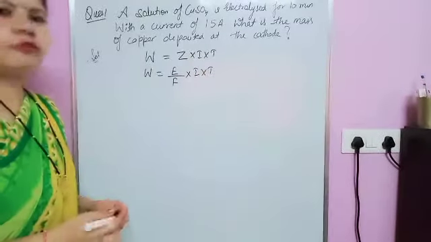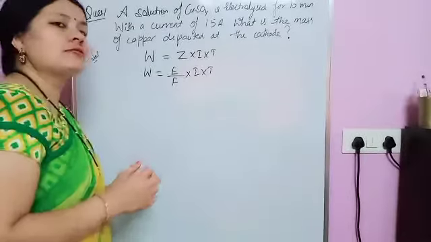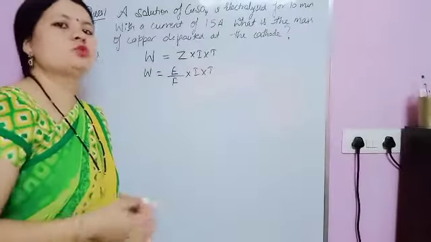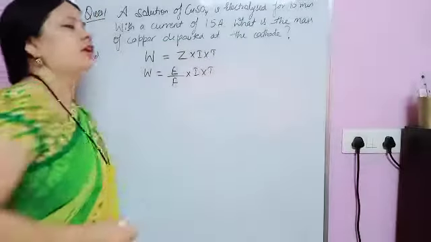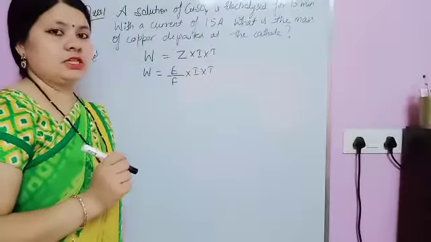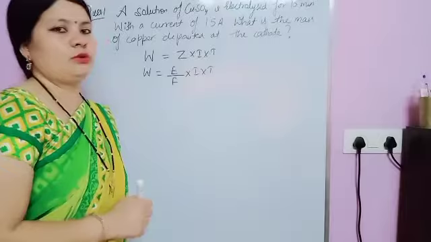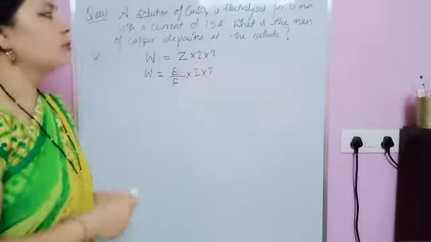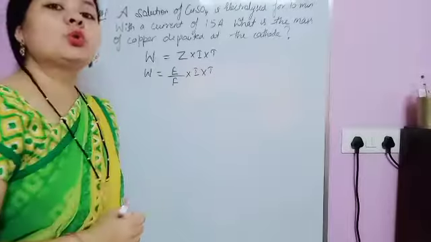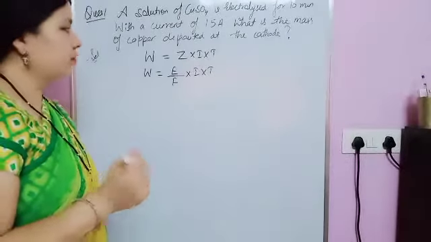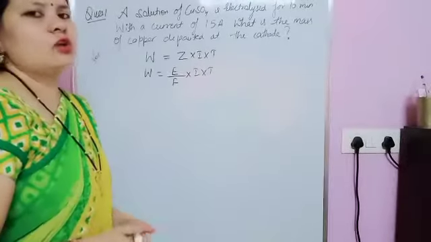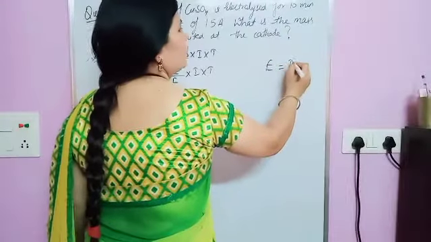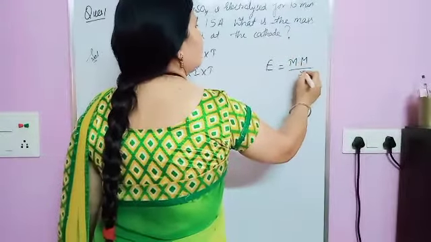Okay, expand कर रहे हैं formula को. Why? Because the value of Z depends upon different cations. आपके different जो ions होते हैं उस पर depend करता है कि what's the value of Z. It's not fixed. ये किसी के लिए fix नहीं होती, so you have to calculate the value of Z. How? Simple formula, E upon F. E is equivalent mass, equivalent weight की बात कर रहे हैं. And how to calculate equivalent mass? That is simple: E is equal to molar mass upon X.